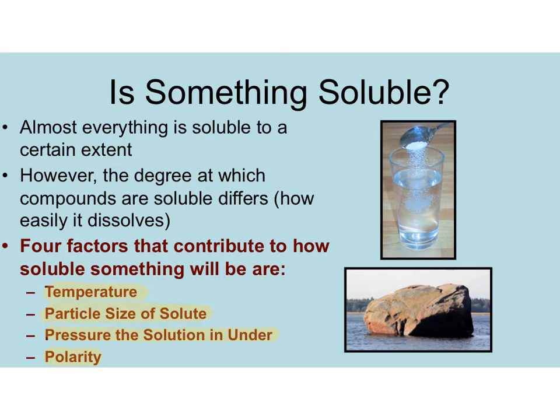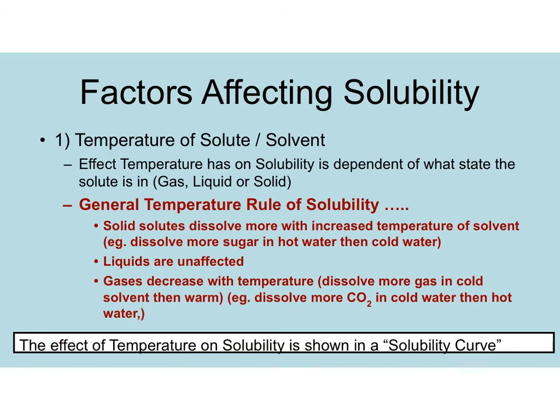The first one is temperature, measured in Celsius. It's important, because temperature has a huge effect on whether or not something will be soluble. The effect of temperature on solubility depends on which state the solute is in, whether you're using a gas, liquid, or a solid. Now, the general temperature rule, and these are the important ones that I've highlighted in red, is that